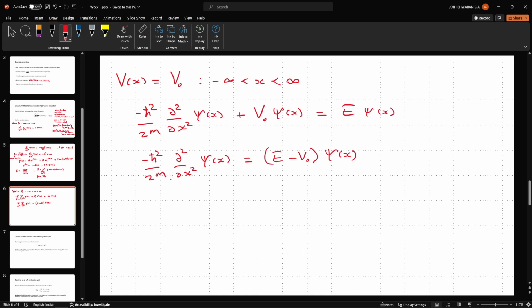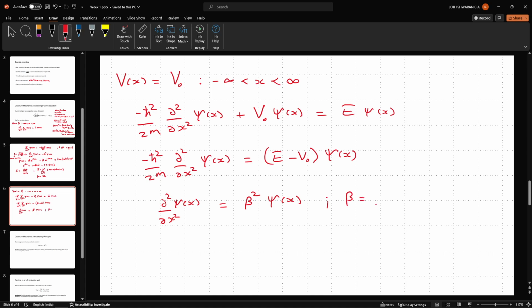So now this equation again comes back to our standard form, where I can say that ∂²ψ(x)/∂x² is equal to, let me use a different symbol here, let me say it is beta squared ψ(x), where